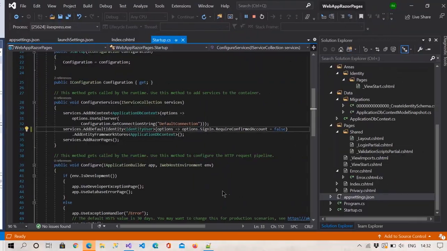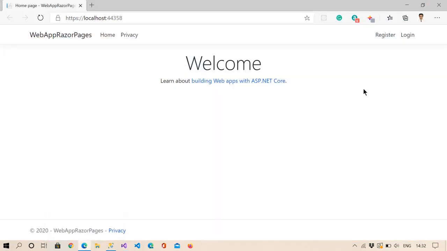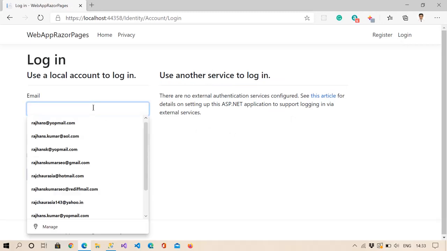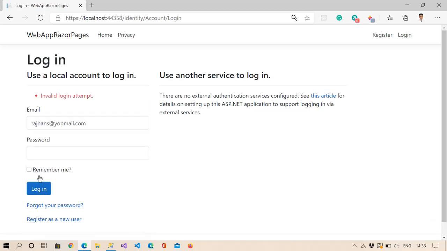Okay, so let me come here first. Now it's running and you can see the browser is open again, and the index page is here. So let me log in again using the same credential. Let me enter the password, and now let me click login. So I clicked login and now it's loading. You can see again it returned invalid login attempt.